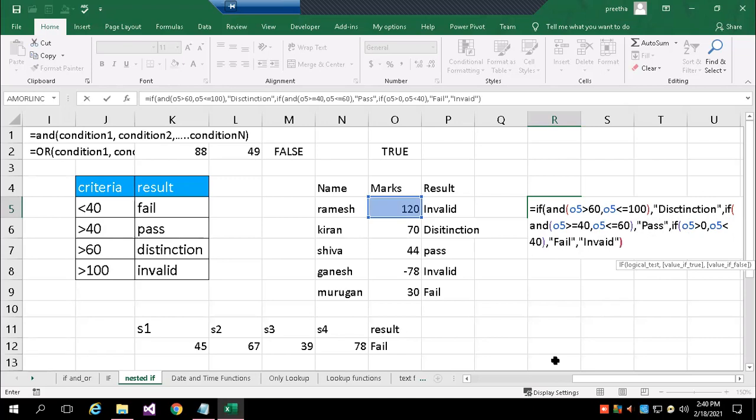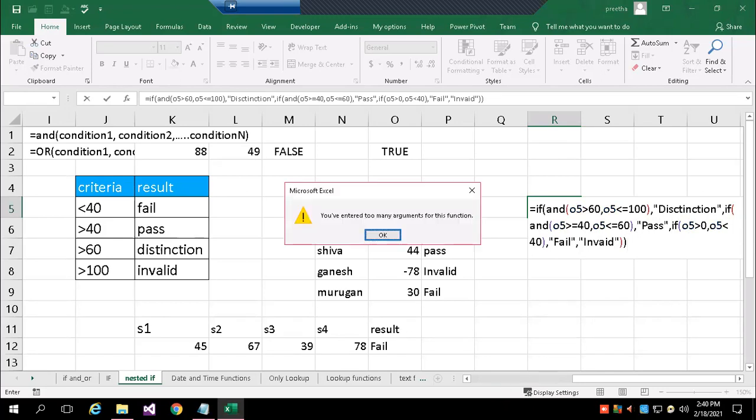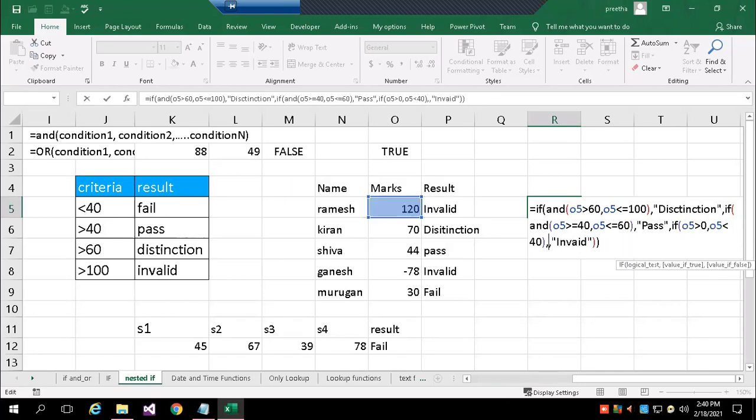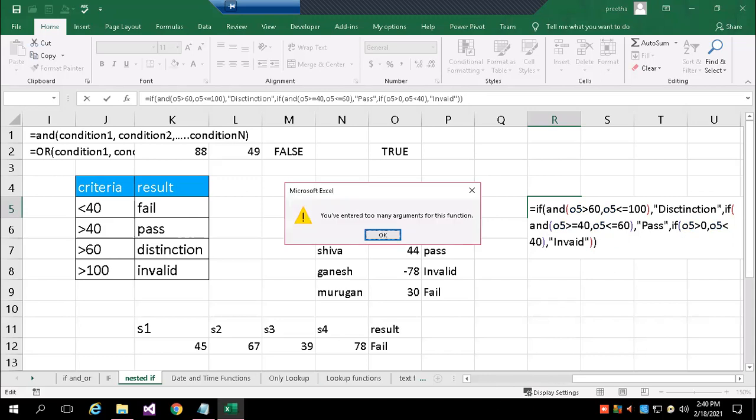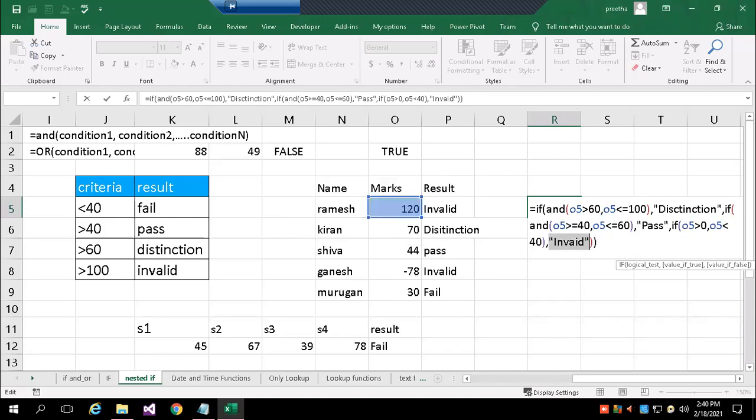Then close all the parentheses which we opened. Enter. Okay.